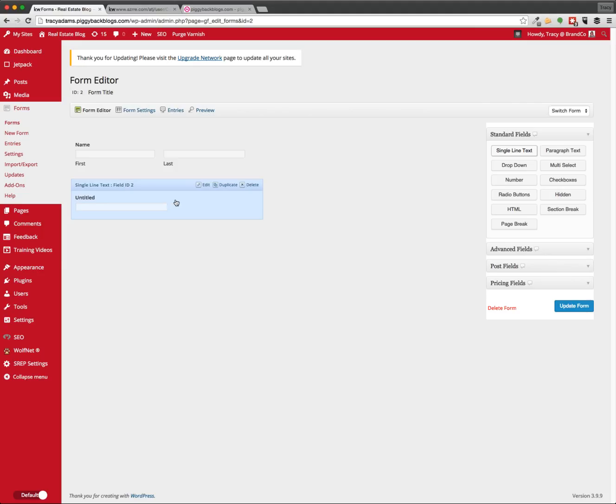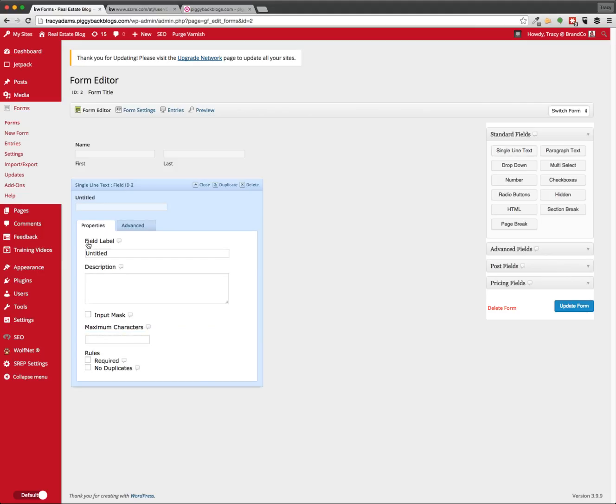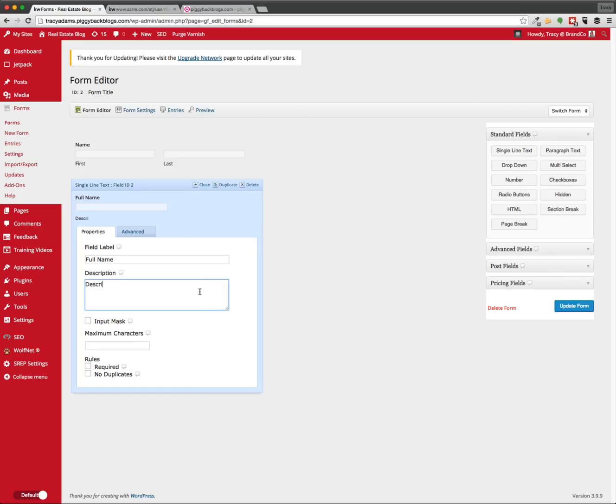So if we are under here, we just click on the big slot and we would edit the field label. And at that time, we would call it full name. And if we wanted to put a description, let's just see where that goes whenever we put it in there. And inside this area, you can also decide if you want it to be required or there won't be any